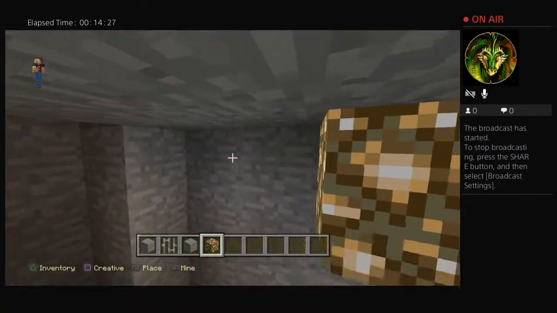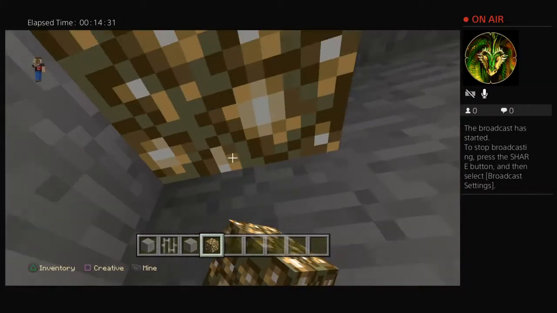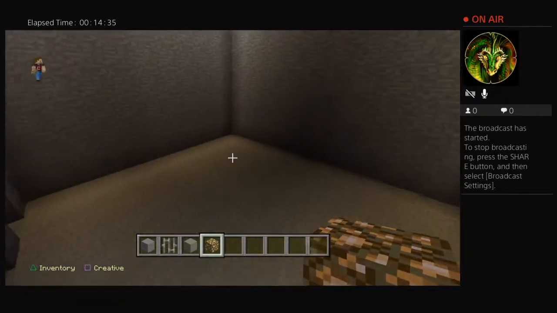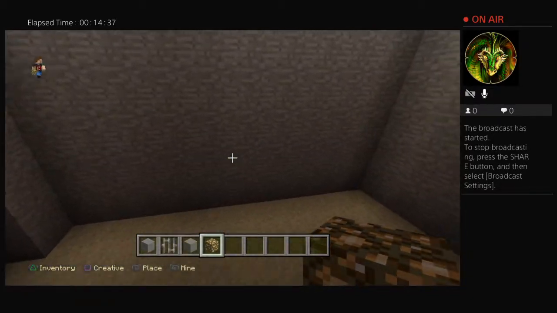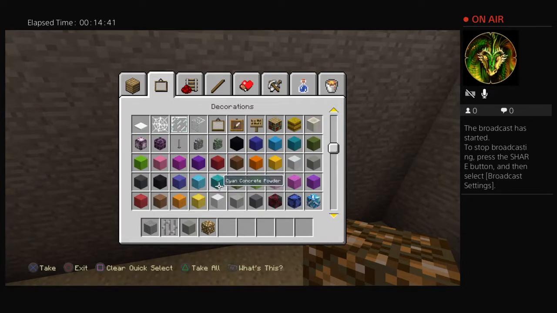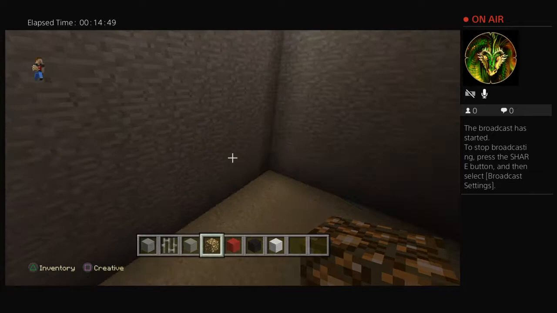Now what you want to do is light up the area, and this is where we're going to get into small details. Here's what you're going to need. You're going to get some red, some black, and some white wool. Now, we're going to make the